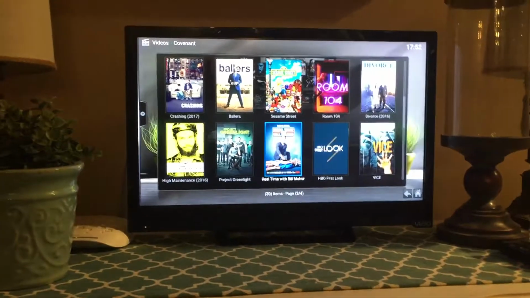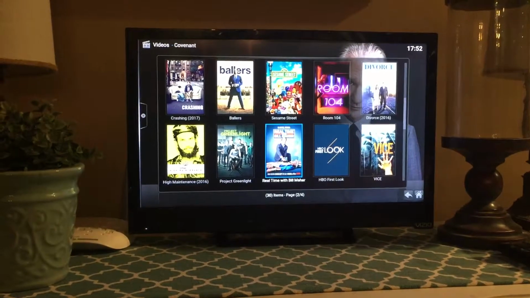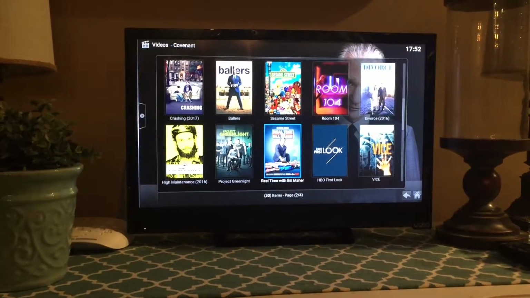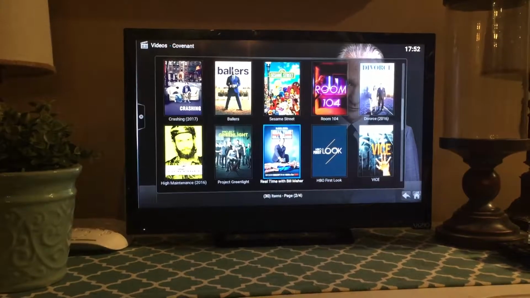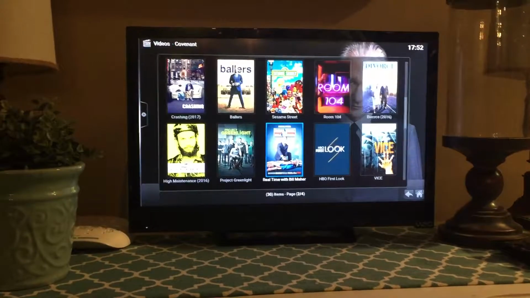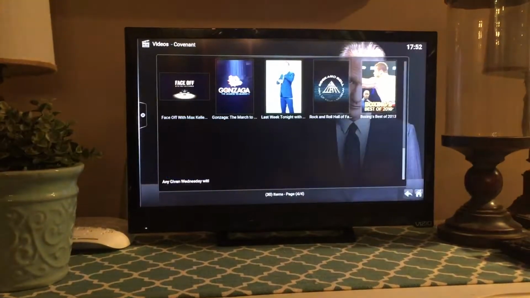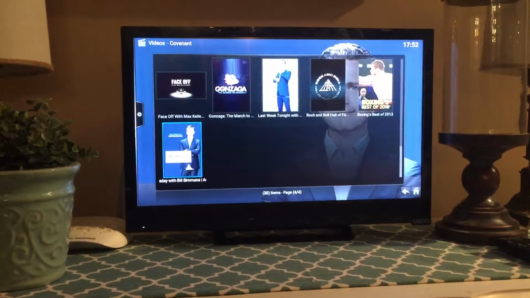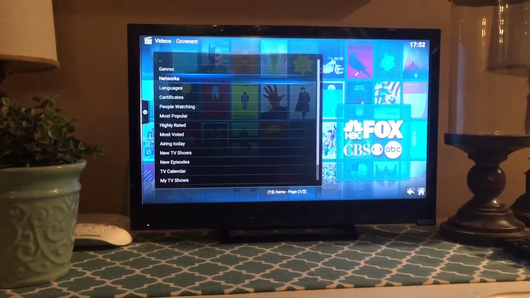So even if you wanted to watch Real Time with Bill Maher, that airs on Friday night, it'll be there on Saturday. It's sometimes even there Friday night, an hour after the show takes place. So it's like an unlimited DVR. You can find anything you want. I went back and watched the first Sopranos a couple weeks ago. So that is basically it for